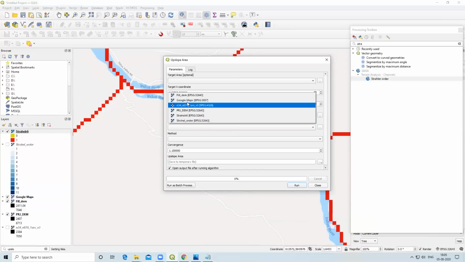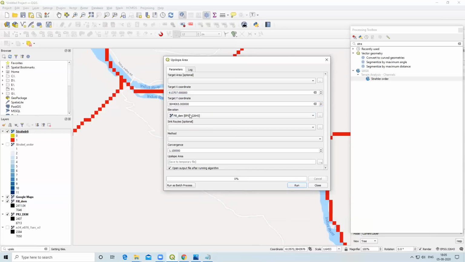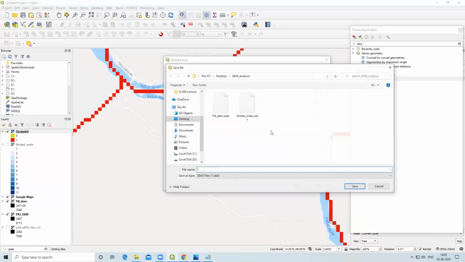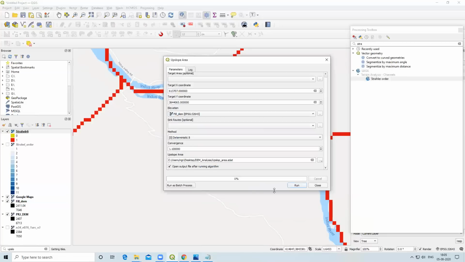Then I will select my field name, and for method I will select deterministic 8. Other properties I will keep as they are, and I will save this image as upslope area and click on run.